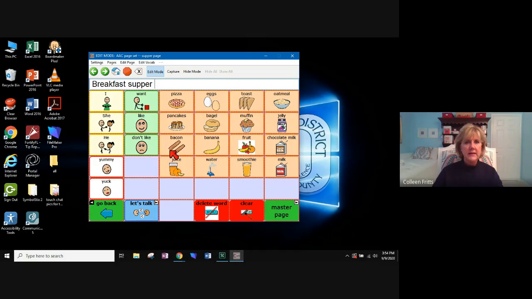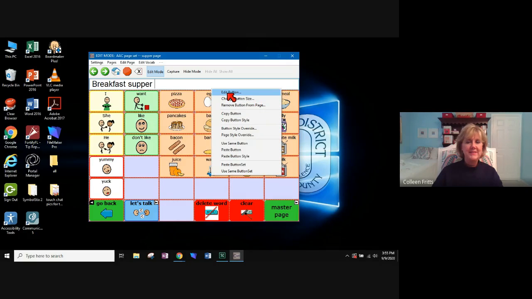The color coding is finished for me. I don't have to work on the style. And the behavior, the action is there, so I don't have to work on the actions. I just have to change my labels and my pictures. Let's do one more. We don't want it to be eggs. Let's make it salad. So I'm going to right click, edit button,